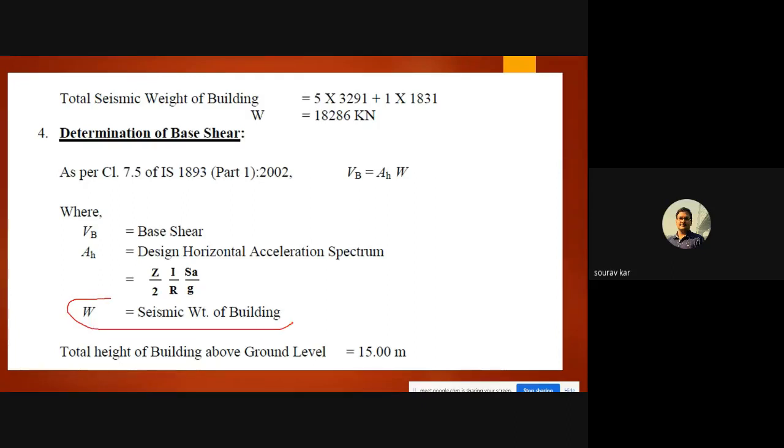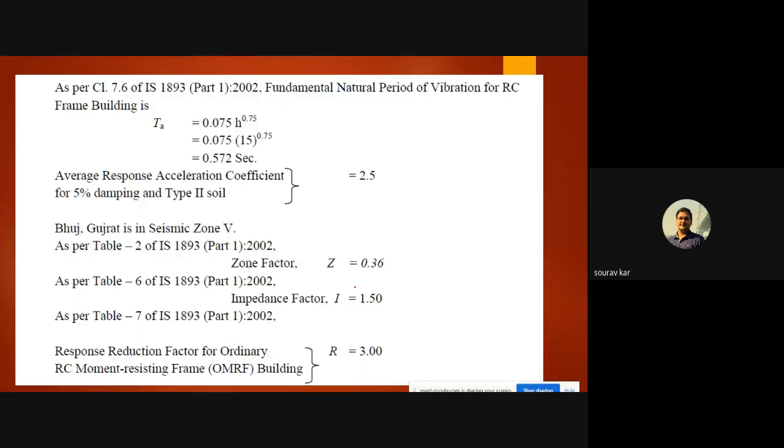W. That means we have to inform StaadPro that whatever load I have created, we can do this calculation manually. The load is coming to 18,286 kilonewton as seismic load, which is basically a member load. This is the manual way, and in StaadPro I will show you the way.